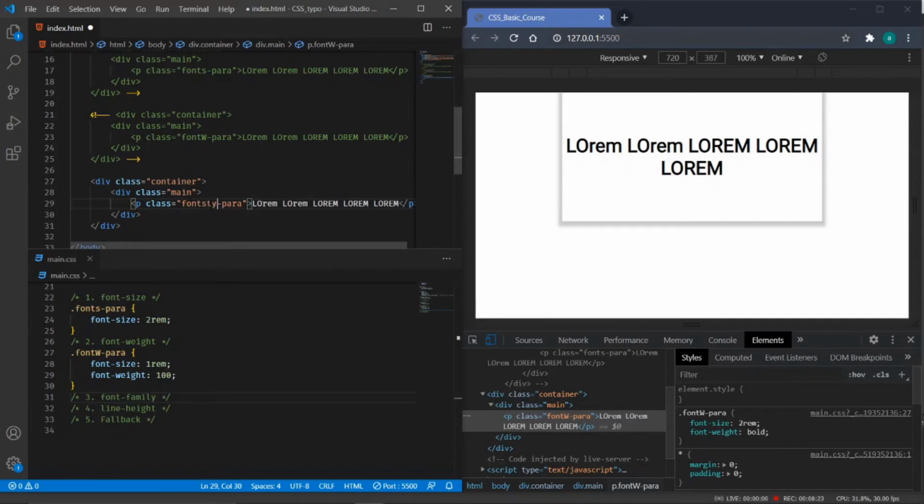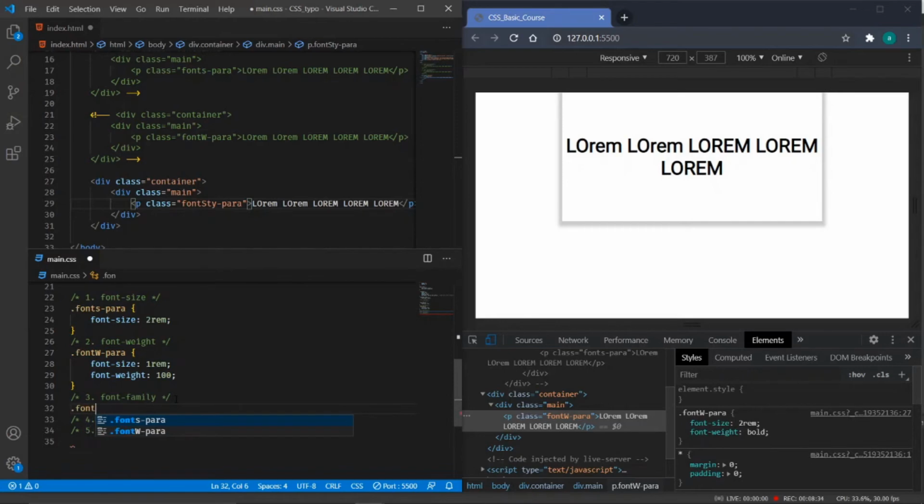We will have a class of font style, so I will target this style, font style para.